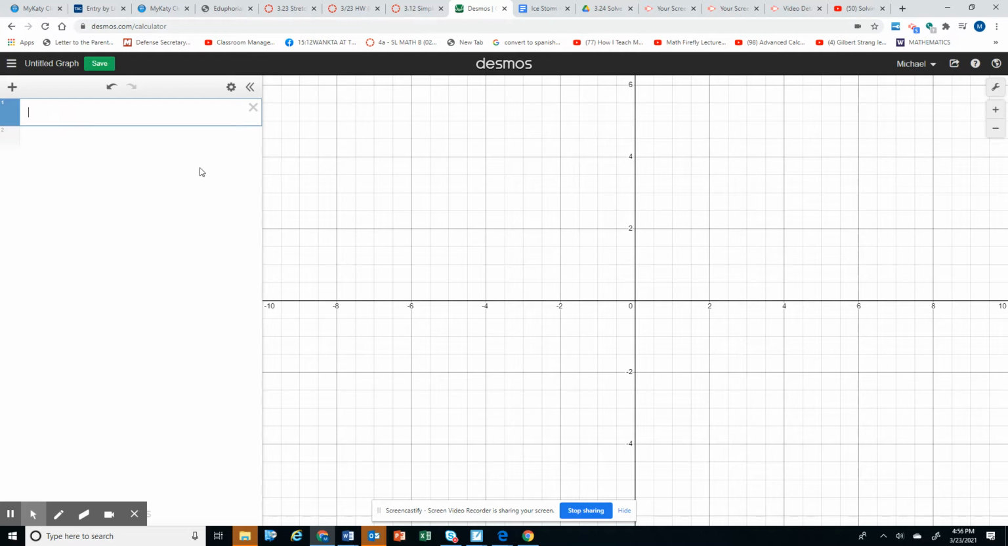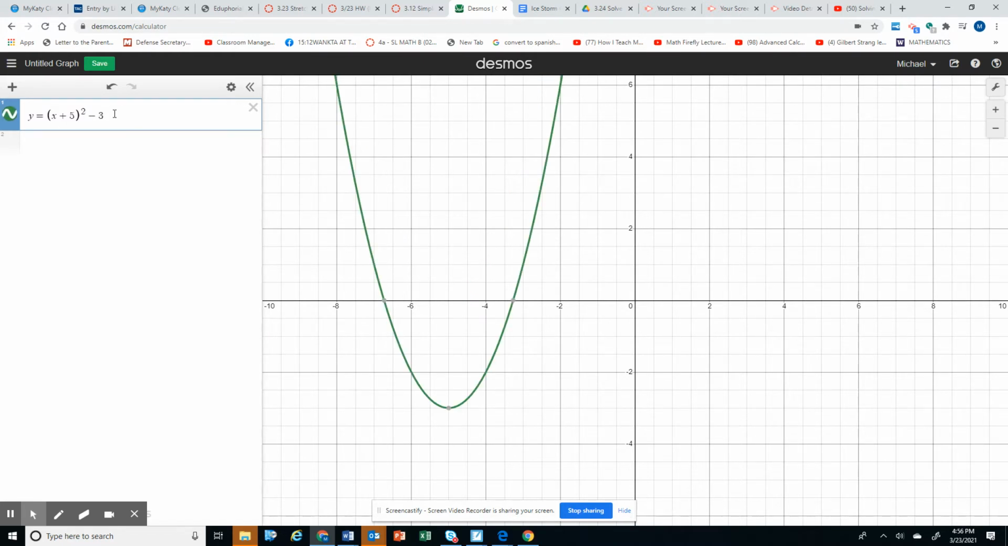I'm going to use y, okay? y is equal to (x plus 5) raised to the power of 2, and that is minus 3, okay? And that's what it looks like. Now, as you can see,